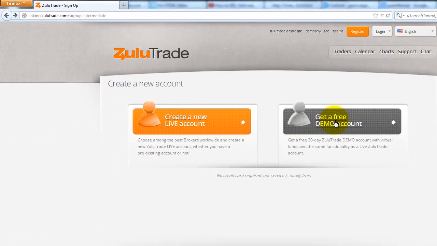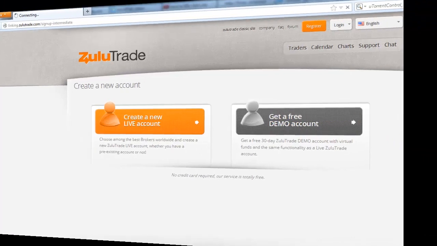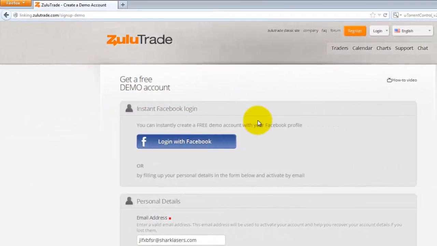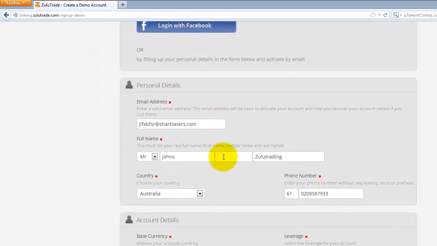to the next page. For now, we'll leave a live account and we'll click on demo. So let's go ahead and click on demo now. This takes you to the part where you can log in with your Facebook account if you want to, with the blue tab there. So go ahead and click on that if you have Facebook and you want to log in doing that. Otherwise, put in your email address as it is with your first name, last name, country and